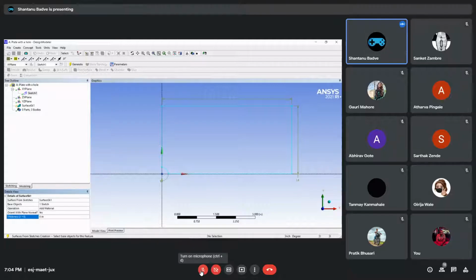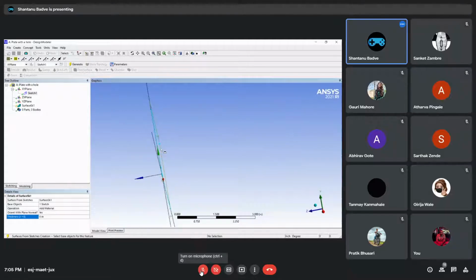All right. So if we just come up here and look at it, this is just a simple line. But we know that the thickness is 0.2 inches and it is symmetrical about the z-axis. Therefore, we will only enter half of the thickness. That is, we will only enter 0.1 inches, and the software will understand that the thickness is actually 0.2 inches, but symmetrical about the z-axis.